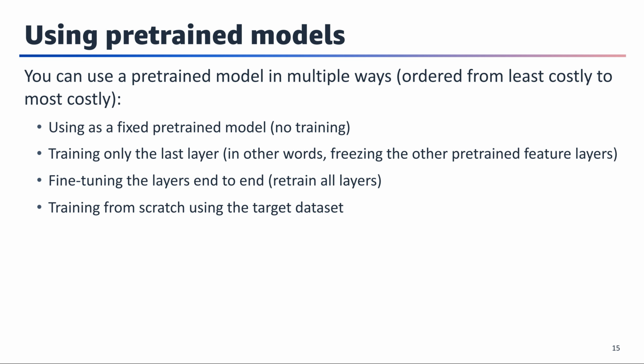You can use a pre-trained model in multiple ways, ordered from least costly to most costly. The first option is to use the pre-trained model as is, without any further training, which is the least computationally expensive method. The second approach involves training only the last layer of the model, while keeping the other pre-trained feature layers frozen. The third method is fine-tuning, where all layers of the pre-trained model are retrained end-to-end on the target dataset. Finally, the most costly option is to train the model from scratch using the target dataset, without leveraging any pre-trained weights. These methods offer a trade-off between computational cost and potential performance gains, allowing practitioners to choose the appropriate approach based on their